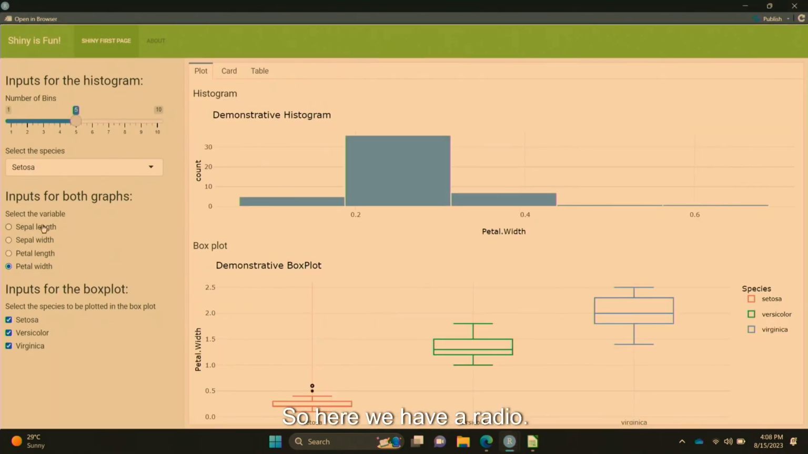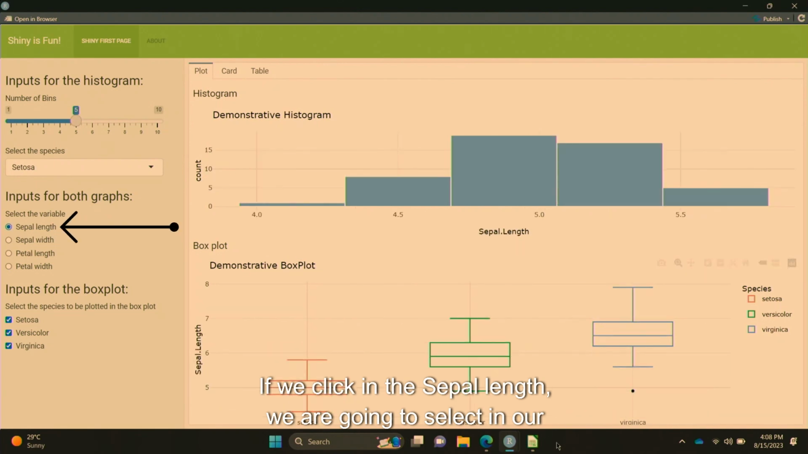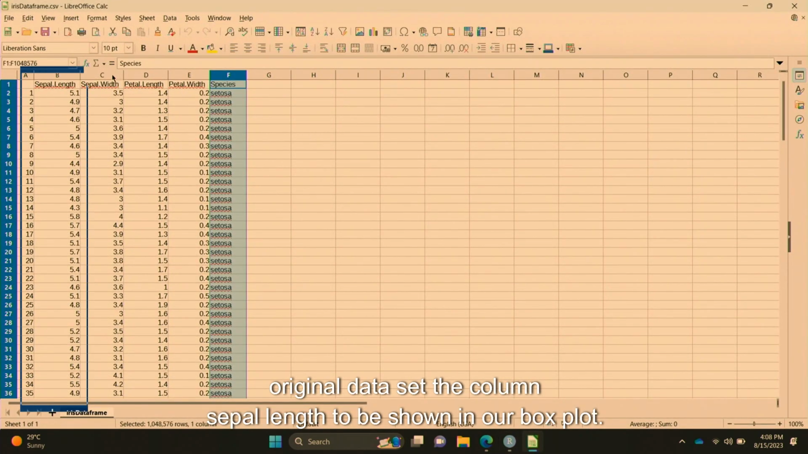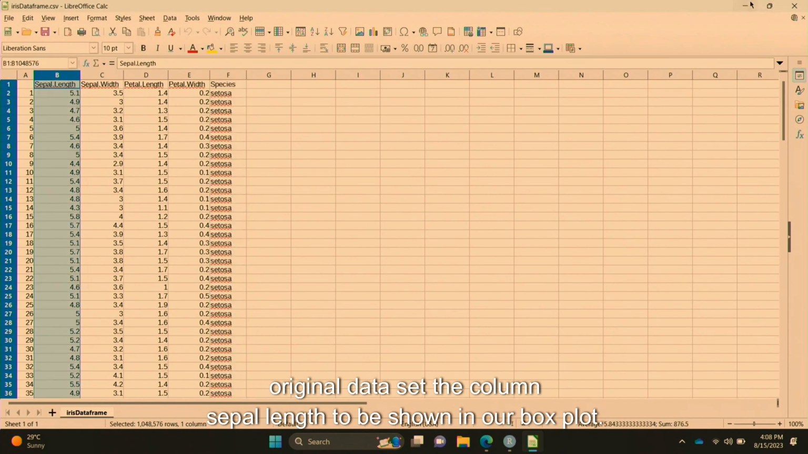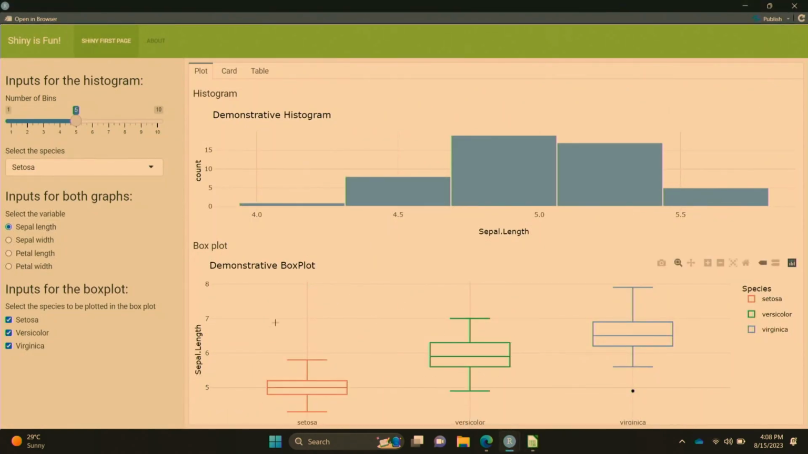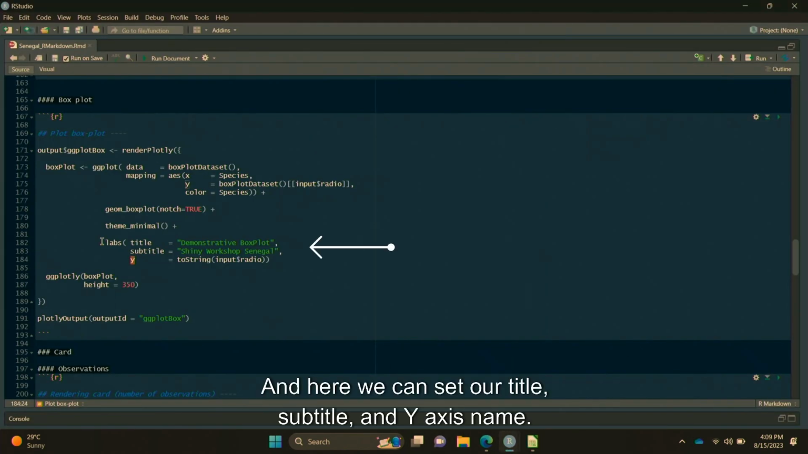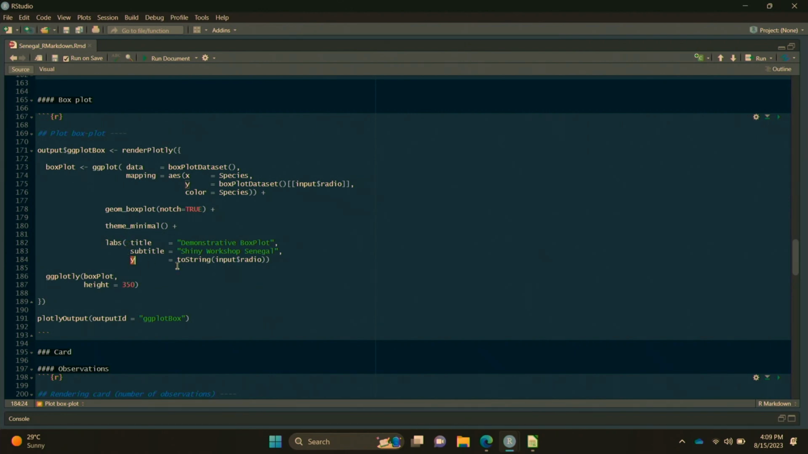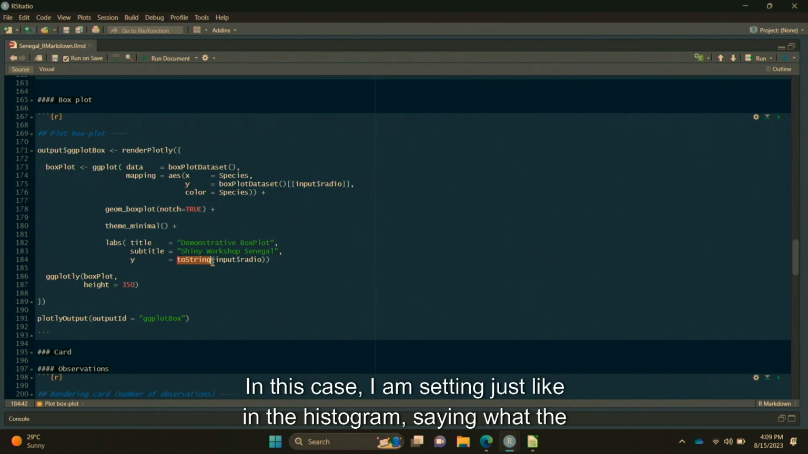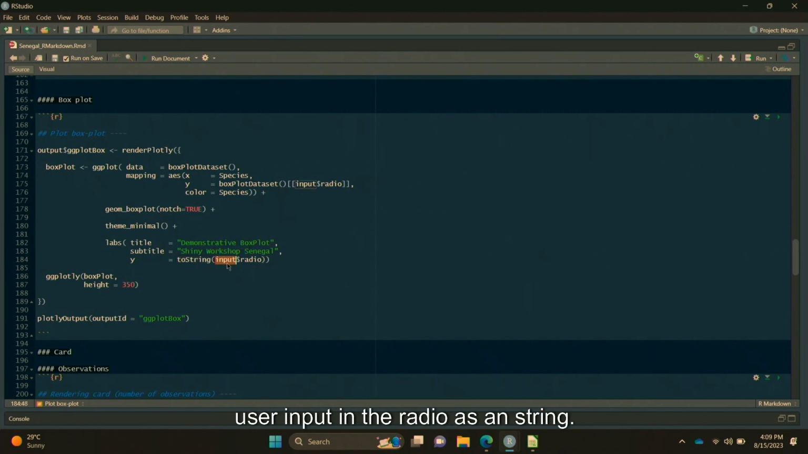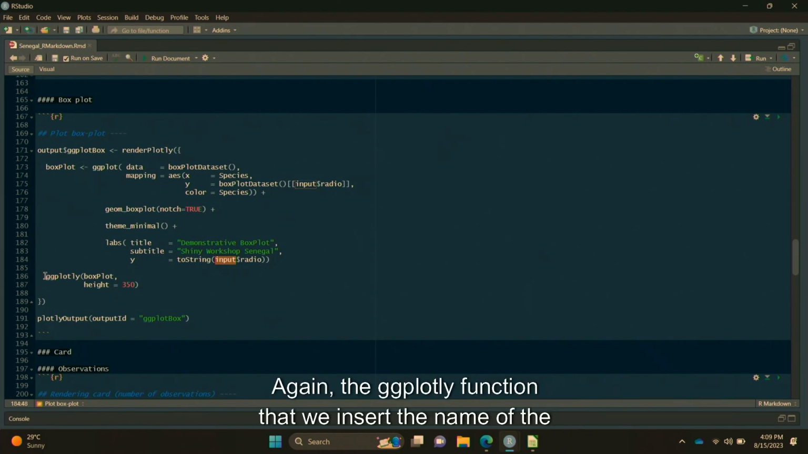So here, we have a radio. If we click on the sepal length, we are going to select in our original dataset the column sepal length to be shown in our box plot. And here we can set our title, subtitle, and y-axis name. In this case, I am setting, just like in the histogram, what the user input in the radio as a string. Again, the ggplotly function